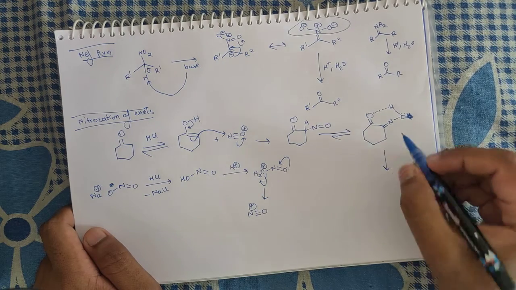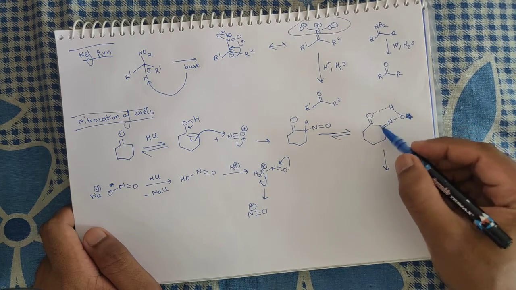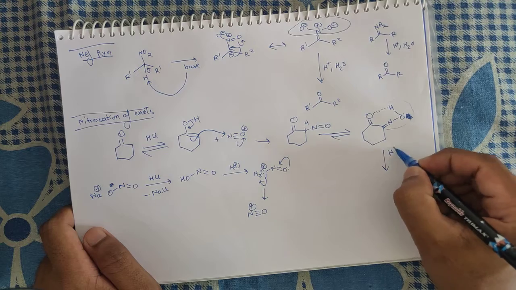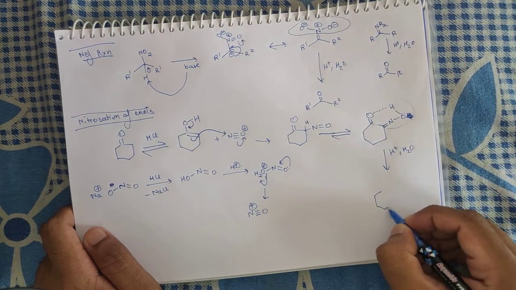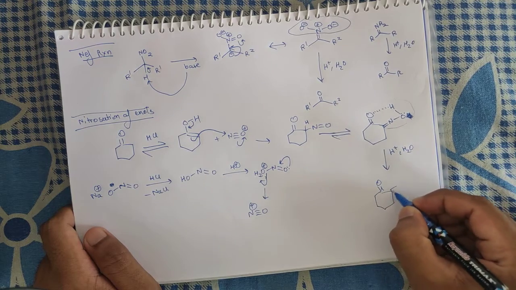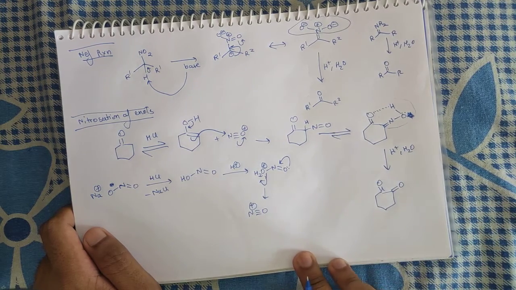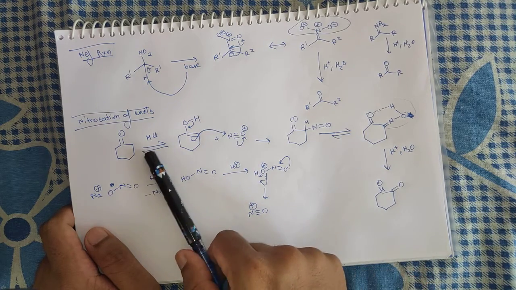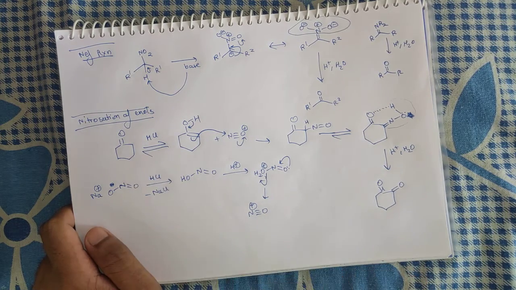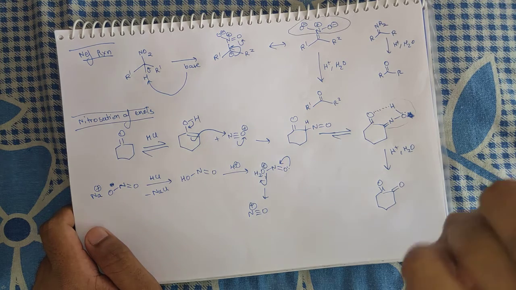So it's again like an oxime, and if you carry out the acidic hydrolysis in the same manner as above, then there will be formation of the carbonyl group. Okay, so we have generated another carbonyl group adjacent to the already present carbonyl group. So this reaction is very important for generating carbonyl groups adjacent to another carbonyl group.